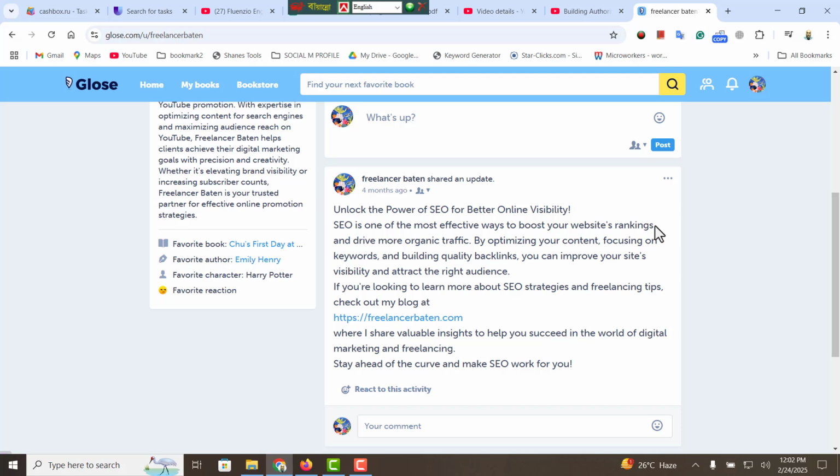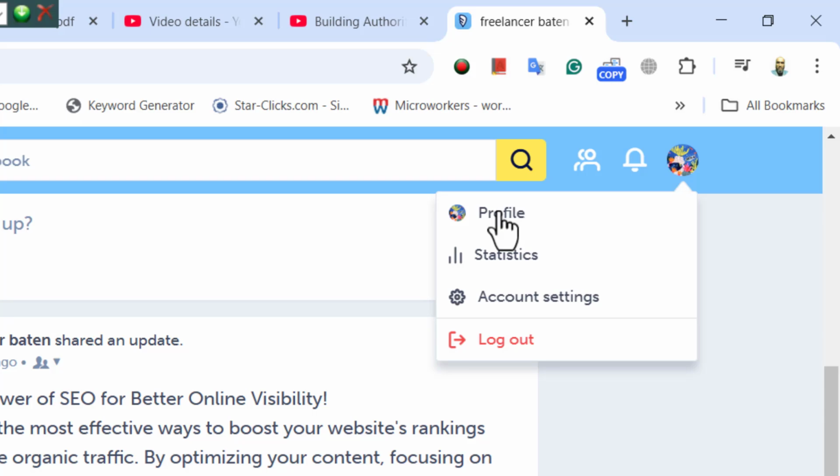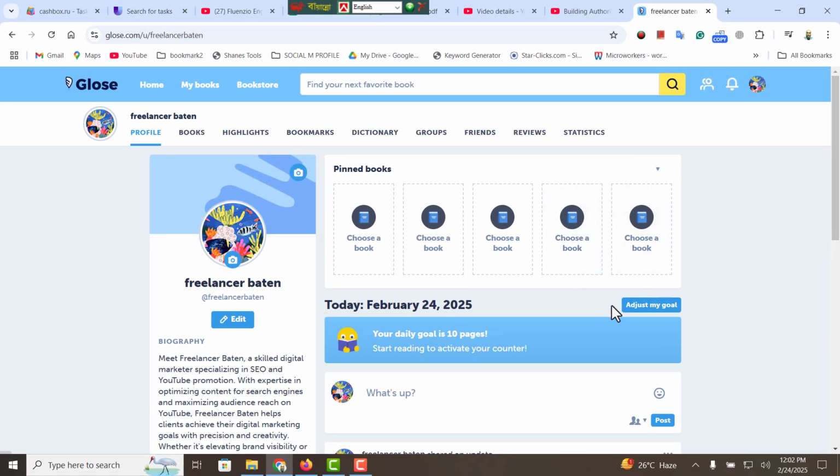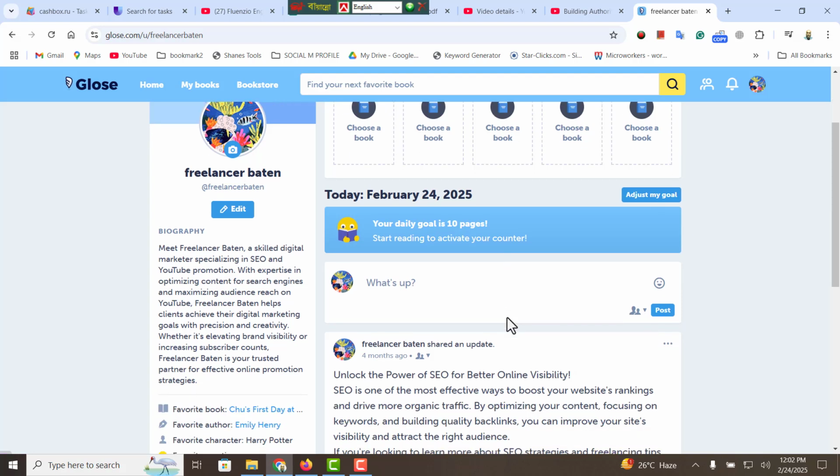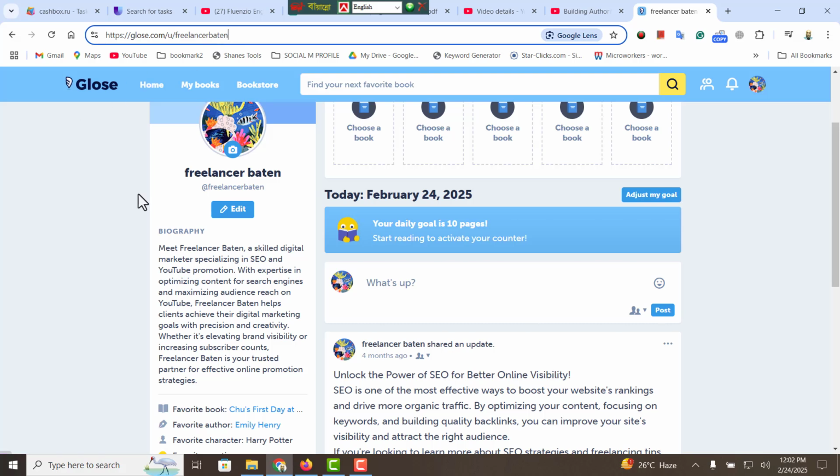You need to click on the profile icon, then click on profile. You can make a post here.